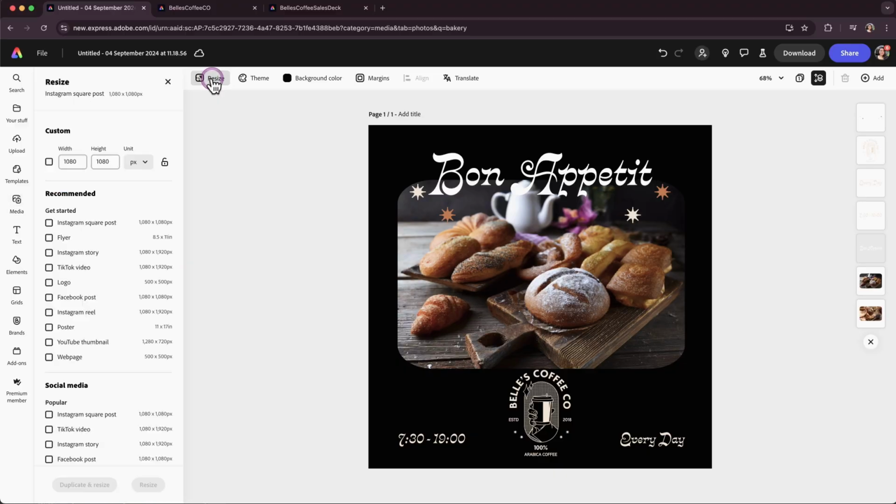Now, while on-brand imagery is key, so is staying consistent with your posting schedule. Adobe Express simplifies this process, even while managing your client work. And while posting is important, so is repurposing your content for various social platforms. They go hand in hand. Enter resizing. Just click the resize button, choose your dimensions, and duplicate the design. Everything stays fully editable.